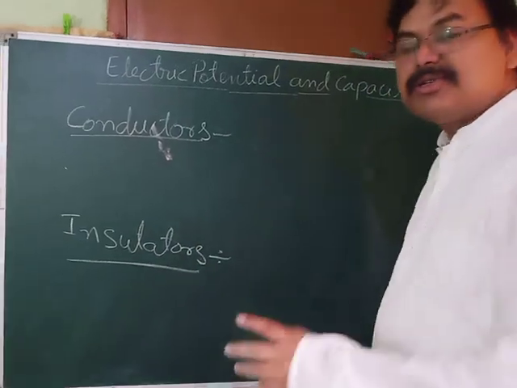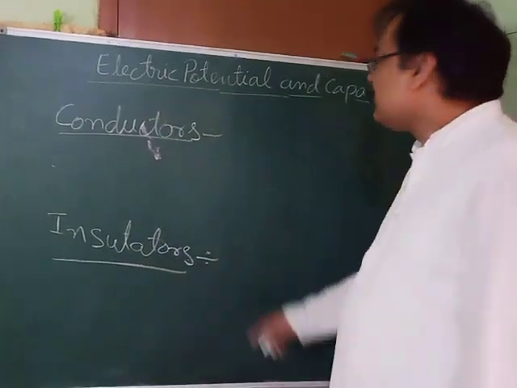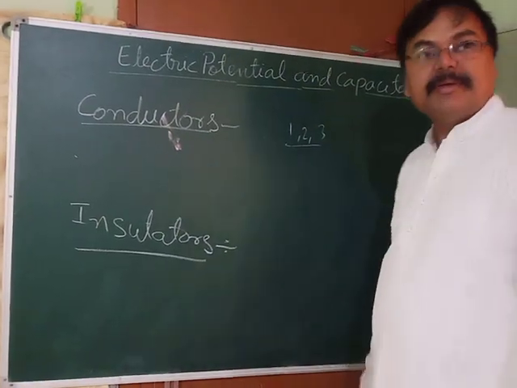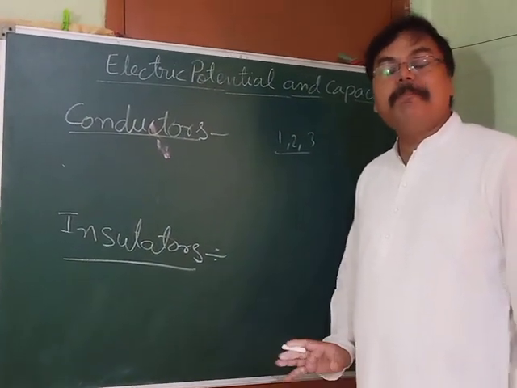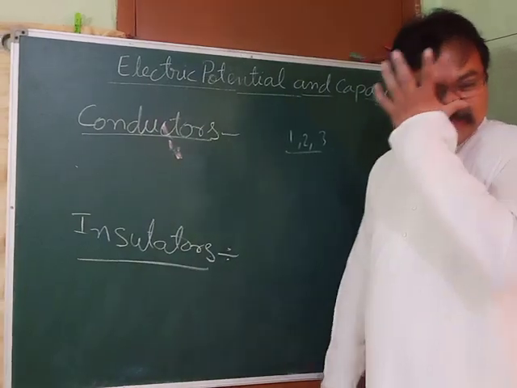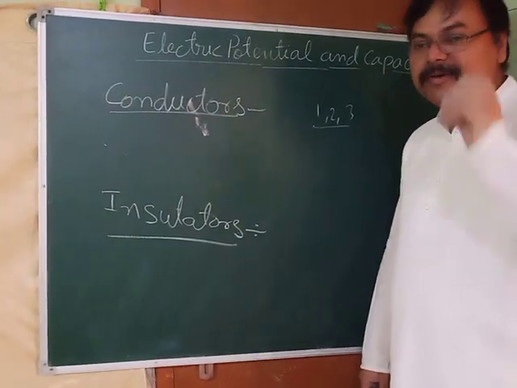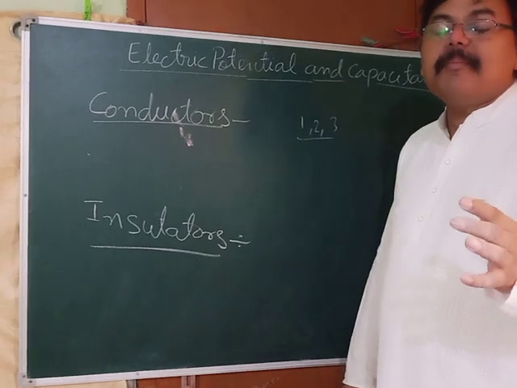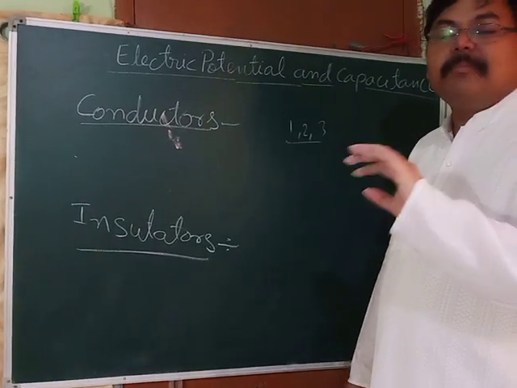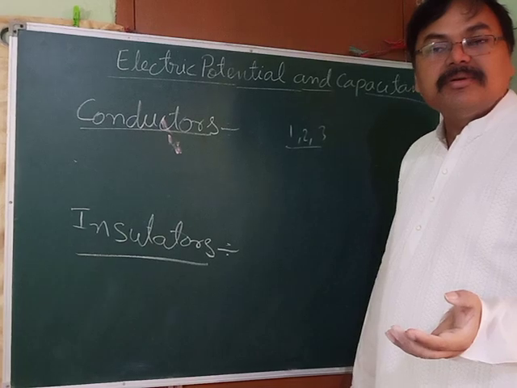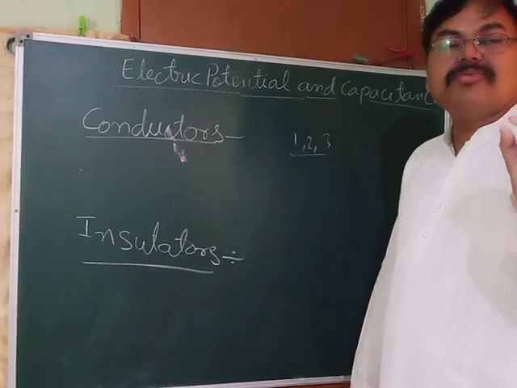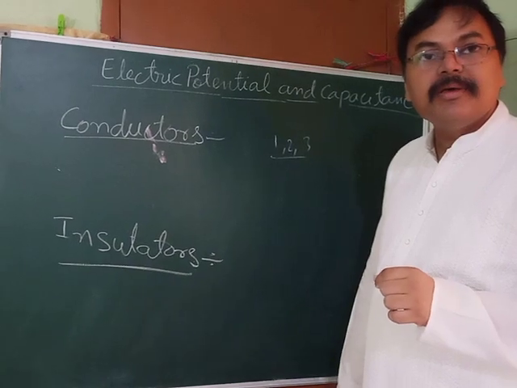If you go to the periodic table in chemistry, you will find that metals have valency 1, 2 or 3, or you can say they have 1, 2 or 3 valence electrons. The elements which have 1, 2 or 3 valence electrons can obtain an octet by releasing electrons. So their outermost electrons are very loosely attached to their nucleus.